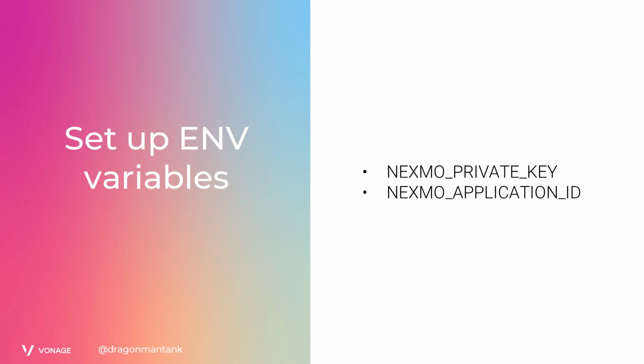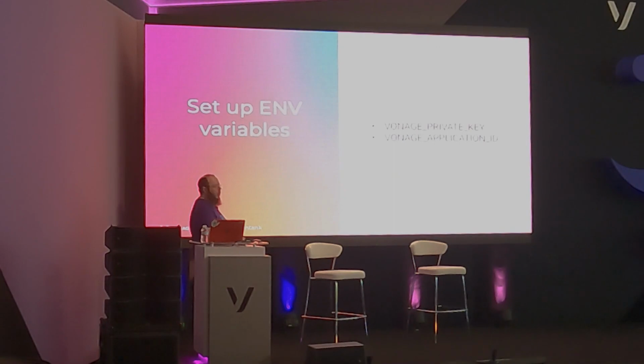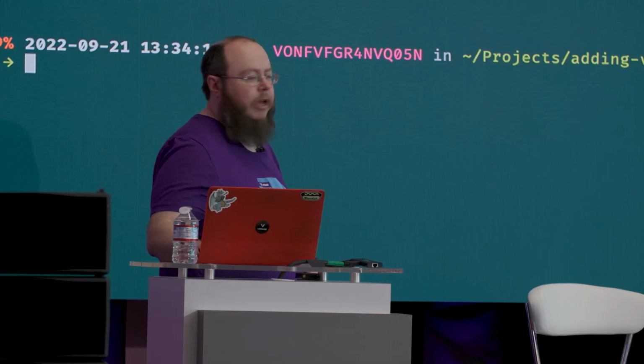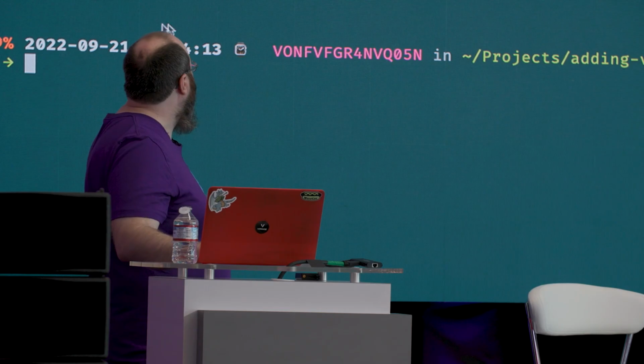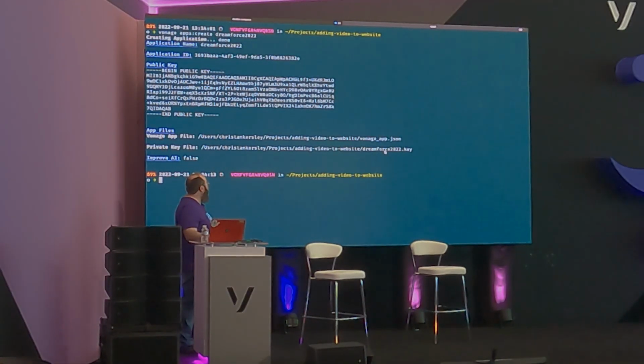Yesterday for the video, we had a key and secret, and some of our Vonage APIs also use a key and secret, like our legacy SMS applications. You can technically use it with the Messages API as well. Number Insights, which I'll be talking about tomorrow, uses a key and secret. But for today, for voice and anything that's Vonage application related, we'll need a private key and a Vonage application ID, which conveniently, when you make an application, we will create that key for you, and we will let you know the application ID. Or you can grab this from the dashboard.